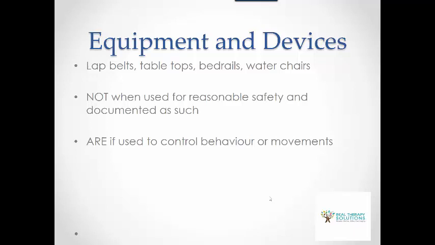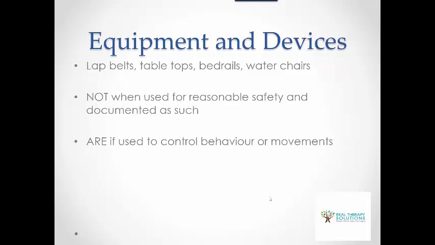The other thing that's considered a restricted practice is seat belt buckles. So in New South Wales, as it currently stands, even though the law is that everyone in a vehicle is required to wear a seat belt, many of our clients don't understand, first of all, why they are strapped in a vehicle, the safety reasons about that, and they will try to take that seatbelt off.